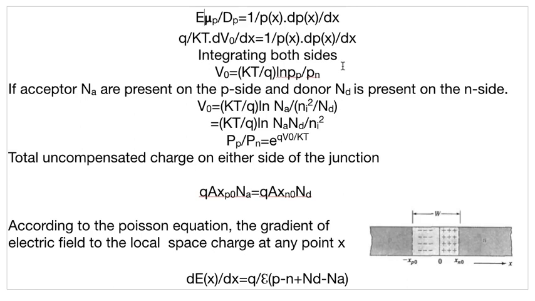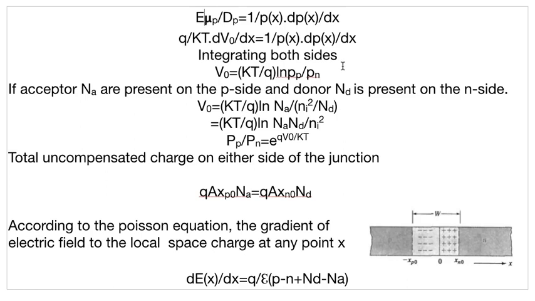If acceptor Na is present on the P side and donor Nd is present on the N side, then V naught is equal to kT by q natural log of Na Nd over Ni square. Pp over Pn is e to the power qV naught by kT. The total uncompensated charge on either side of the junction